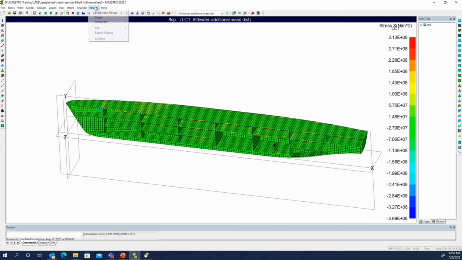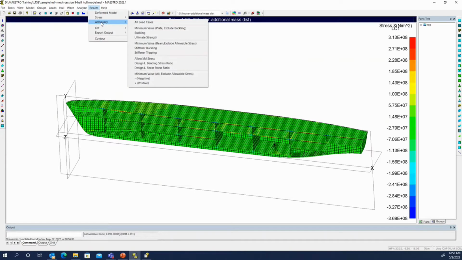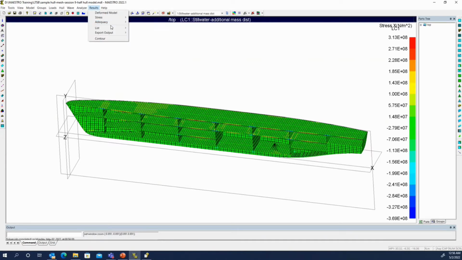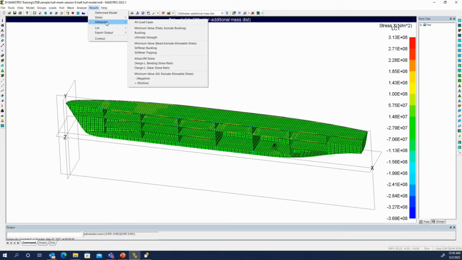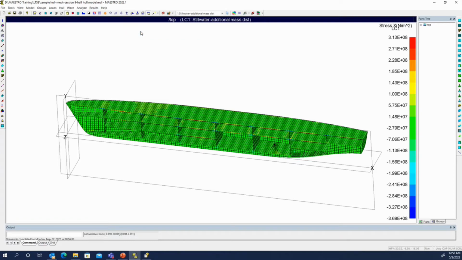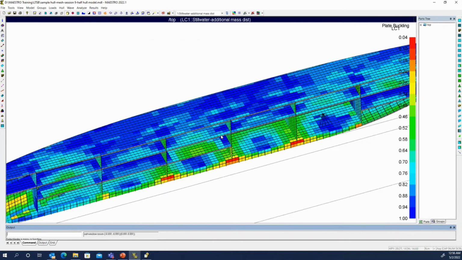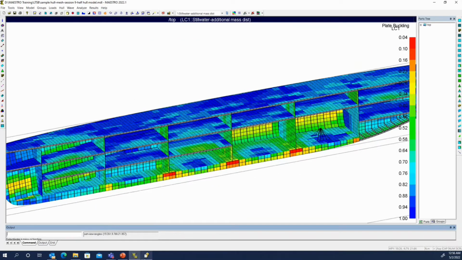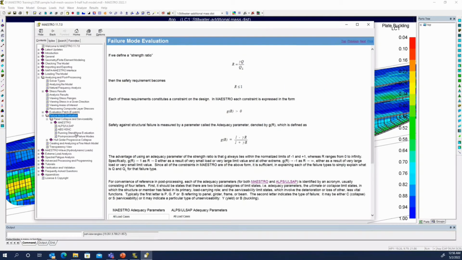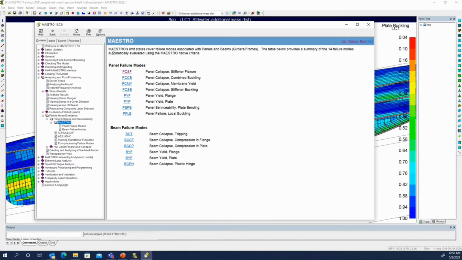Now that this is done, we can start looking at what some of our results are based on these adequacy parameters. The way the display here is broken down, we can look at any given criteria individually, say buckling, and it'll display all of our results graphically throughout the hull. And I guess with regard to exactly what those criteria are, if we look in here,